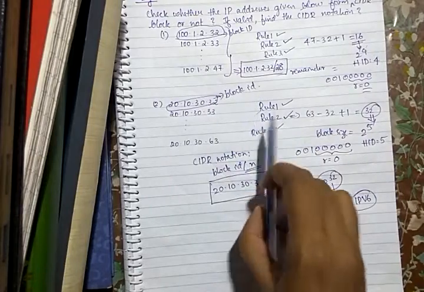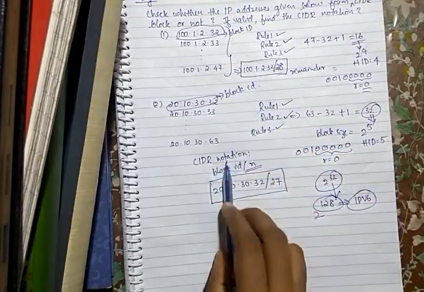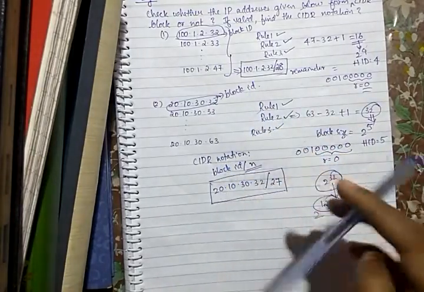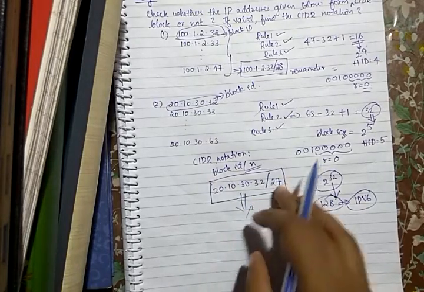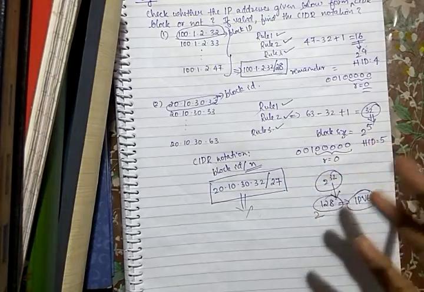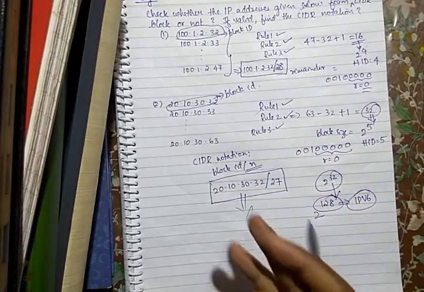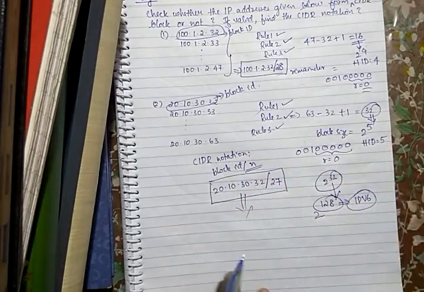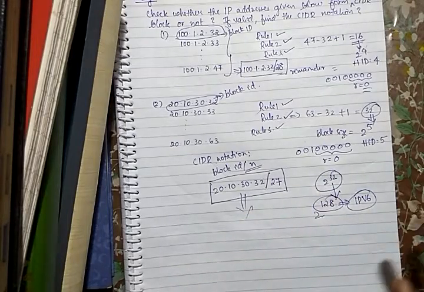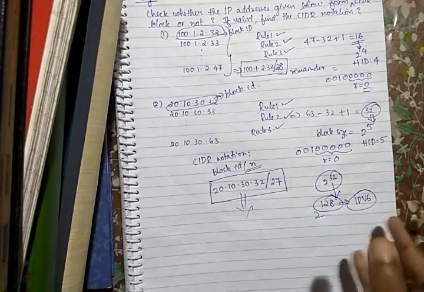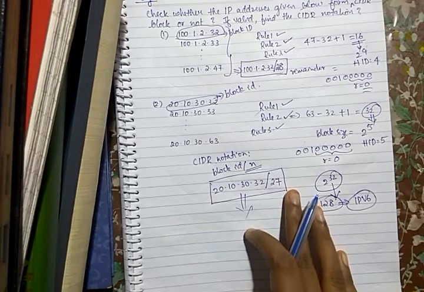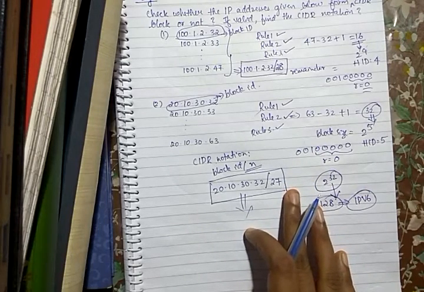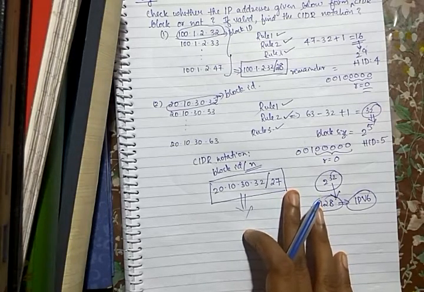Now in CIDR, that is in the classless scheme itself, you can have subnetting. That means you can take a particular CIDR block like this within your organization, and now you are getting say 32 IP addresses. Suppose the organization has 2 branches. One branch needs 10 machines, another branch needs 10 machines. You can simply subnet it further. That is for internal purposes, and that subnetting you can do in a fixed way as well as a variable way. So all the things that we studied in the classful scheme are applicable here also.